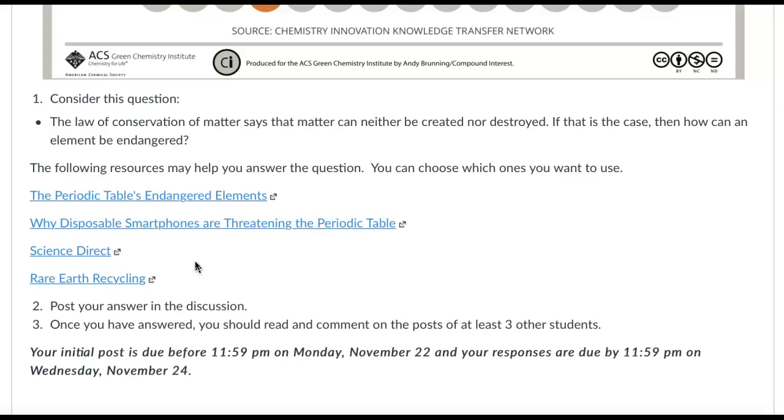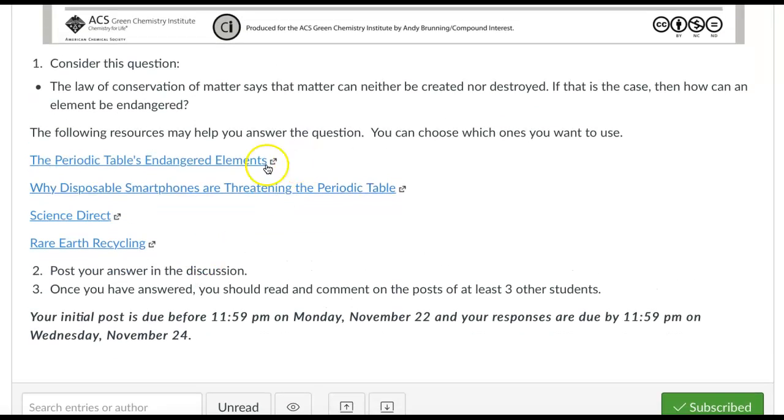But basically, when they do, what they're going to find out is that when we consider an element endangered, it doesn't mean that it's going extinct or that it's not going to be around anymore. It just means it's not going to be around in a usable form. Partly because a lot of the elements that we use for things like cell phones do not get recycled and just end up getting thrown away. So they'll answer this question, and then they will have to read and respond to the posts of 3 other